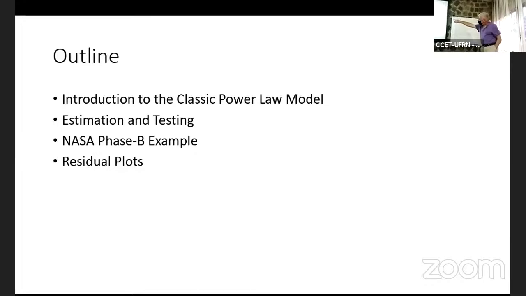Also, I'm going to introduce residual plots that I have not seen anyplace else. Meeker and Escobar in their 1998 book talk about, oh, you can do all sorts of analogs to the regression residual plots. They don't show any, okay? You go into Minitab, they don't do any residual plots. So this is a new contribution, okay? Not that it's rocket science, it's not. It's just very straightforward and simple. So far, so good? That's where I want to go today. Next slide, please.